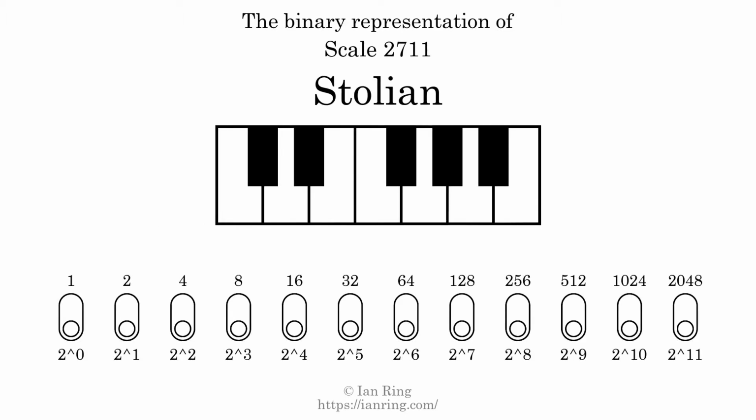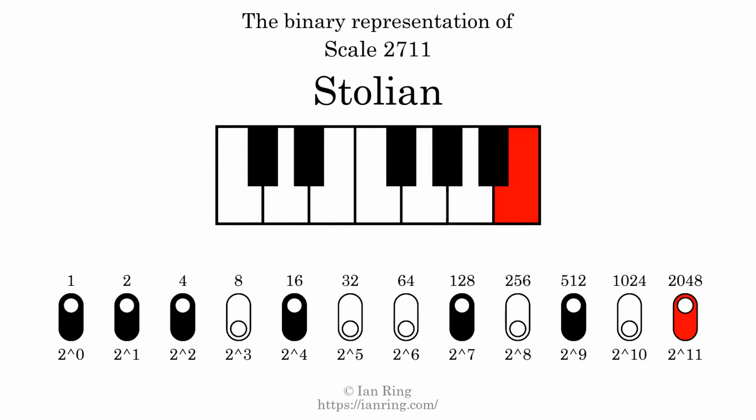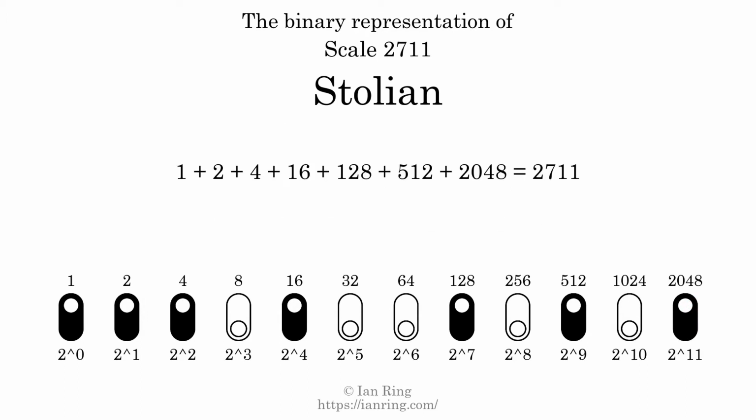The binary representation of this scale is determined by mapping tones of the scale to binary digits. Each binary digit represents a power of 2. To get the scale number, we add the powers of 2 together. The powers of 2 that are present in the scale, all added together, equals 2711. That is why the scale number, in decimal, is